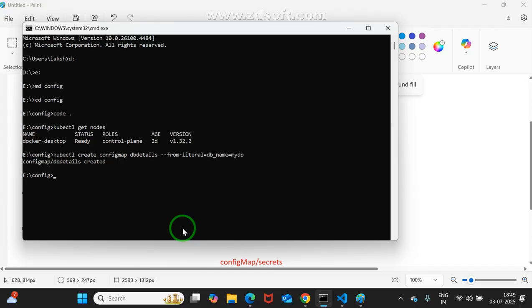Yes, sir. Now I want to create one more config map, db-details1, with not only the DB name but also the password. Quickly guide me. Up arrow, then db-details1, then hyphen hyphen from-literal db_name, and again, with a space, hyphen hyphen from-literal db_password equals welcome@123. Shall I press enter? Yes.